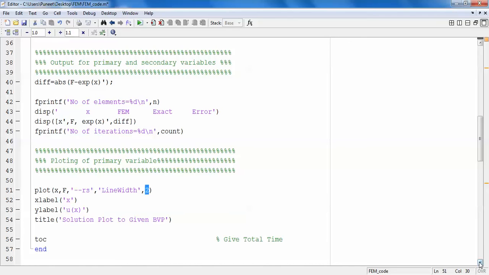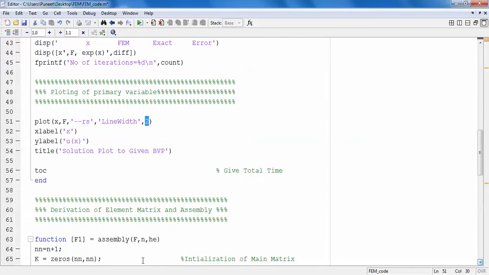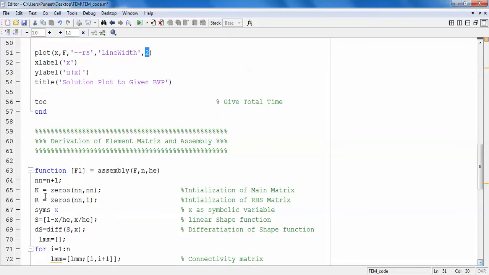Firstly, I initialize all of these things. We know the output is there, but the next thing I have to do is generate the element equation. As the FEM steps say, you have to generate the element equation. For the element equation and the assembly of all the elements, I made a different function file in which I have written assembly. The variables are f and h, which are taken as input. I could even give only n here, because h can be derived from n.